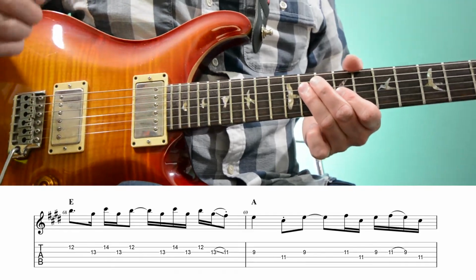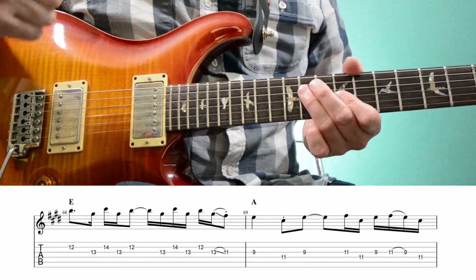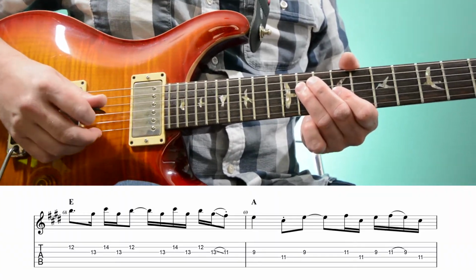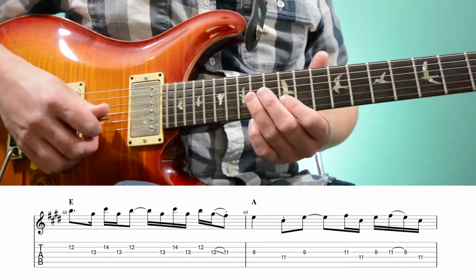And you can kind of hear how Dickey really locks in with the rhythm section. And when you get it down, it just feels right. Alright, so let's put those two measures together. We have